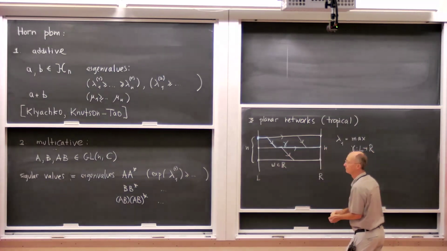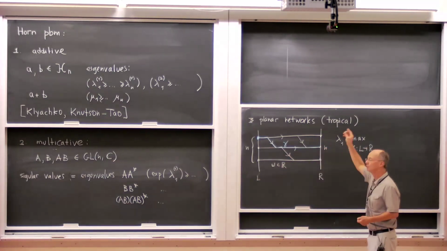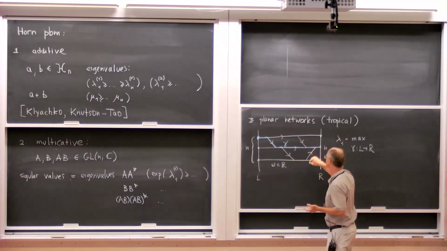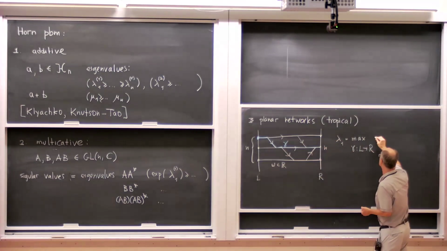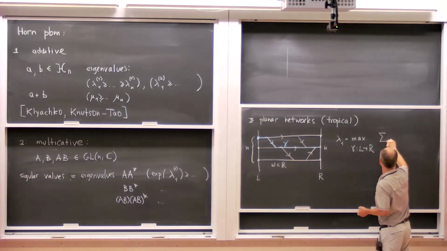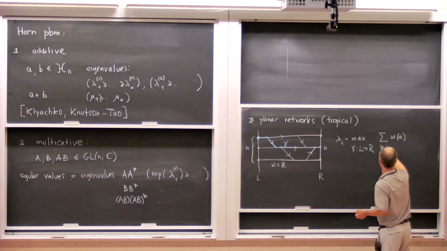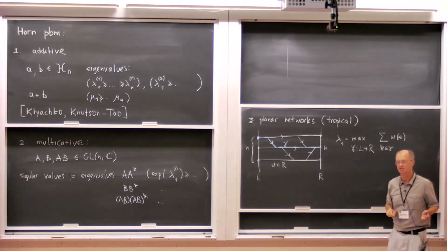Can it also go up or just down? Sure, it can go up or down. Like here, it cannot quite go up because I didn't draw the edges. But in principle, you would allow it. Thank you. Okay. So here this would be the sum of the weights of the edges which belong to that path.